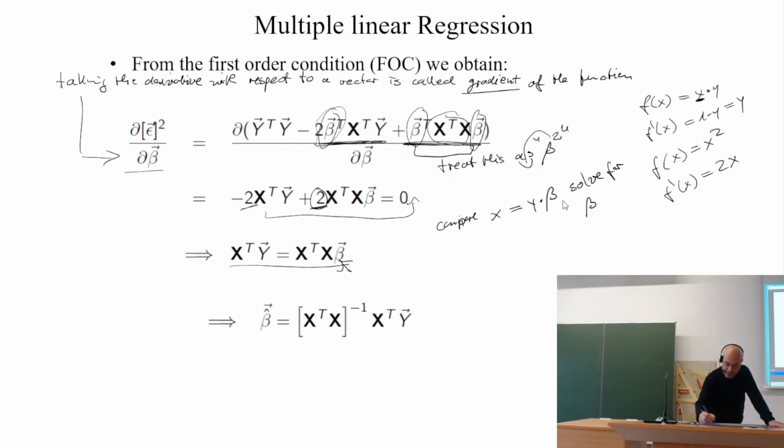Then we would just divide both sides by y, and the division of both sides by y we can also write as y to the exponent minus 1 times x equals beta. And this we then also do in the matrix calculation, that we multiply both sides with the inverse matrix of X^T X. So times (X^T X)